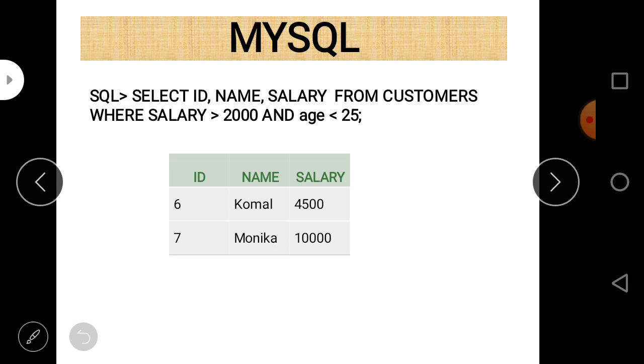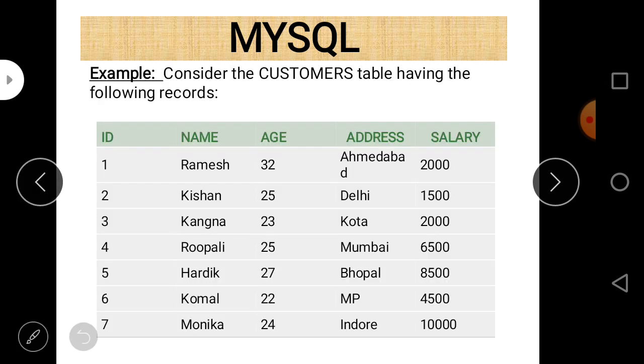Second is age is less than 25, so this one and this one. Age is less than 25, these 3.